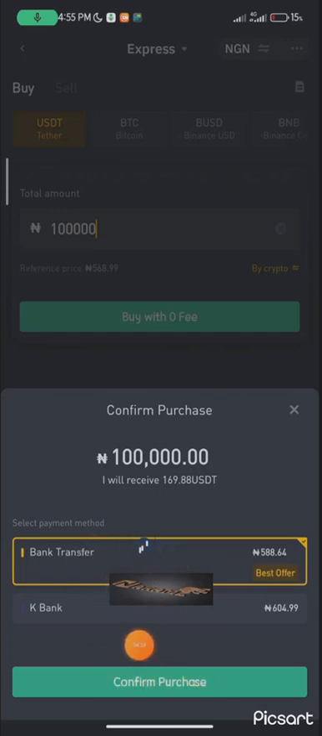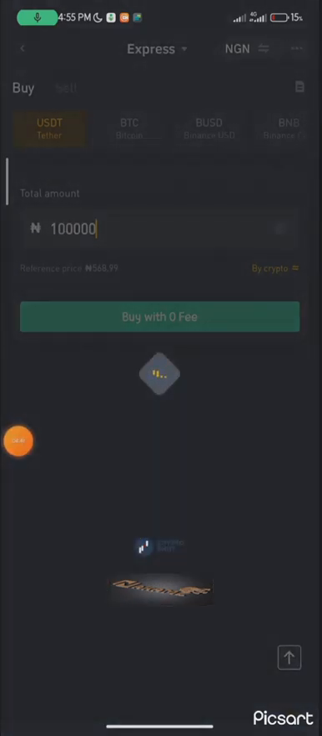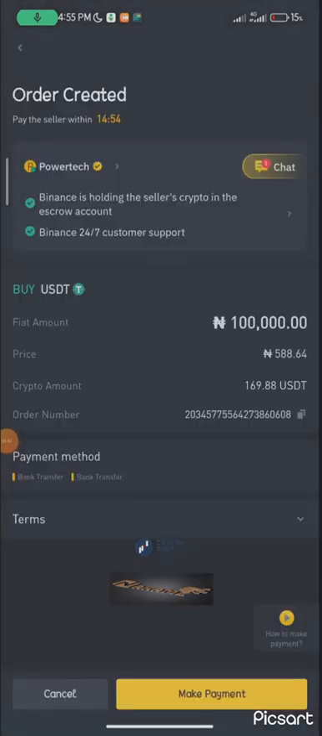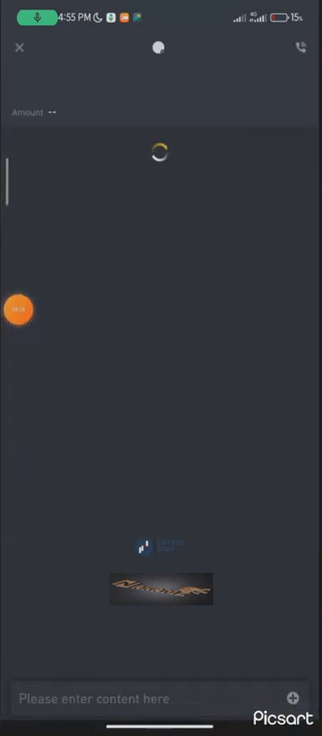So I'll click on confirm purchase. When I click on confirm purchase, it will take me to a new page where I would make payments. So you can see this is the person I'm actually sending the money to. I can chat with him from here. I just click on there and just tell him